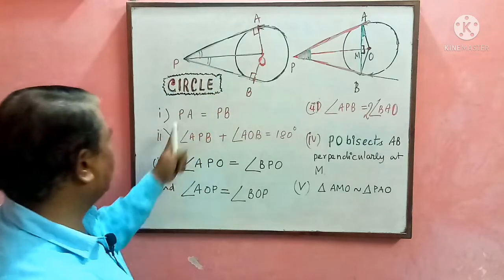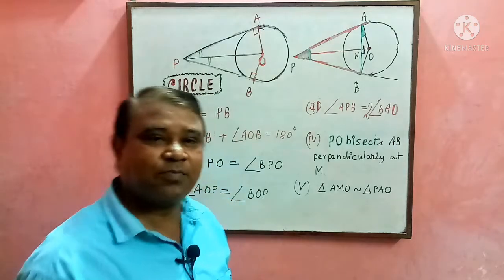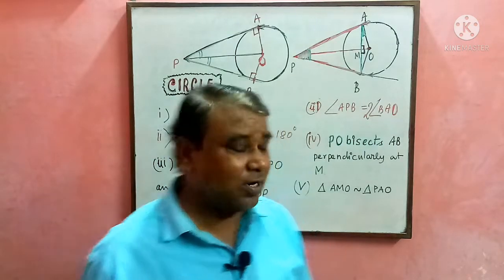CBSE will tell you PA is equal to PB. This is the first formula. If any tangents are coming from an exterior point to the same circle, they are equal. Number two,